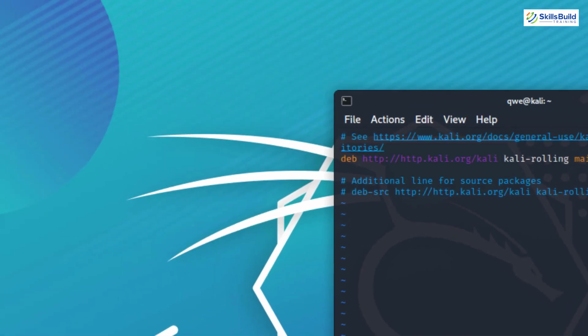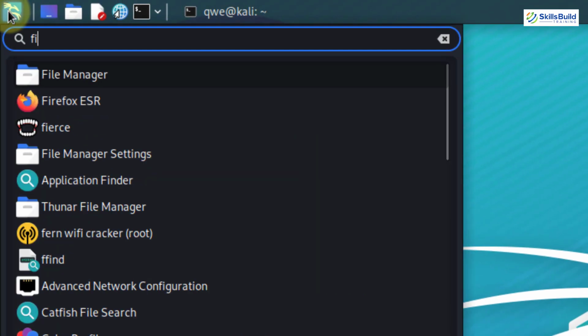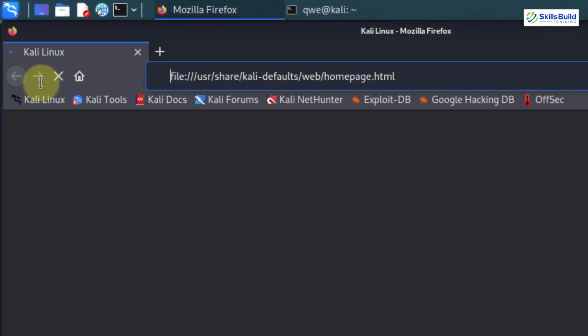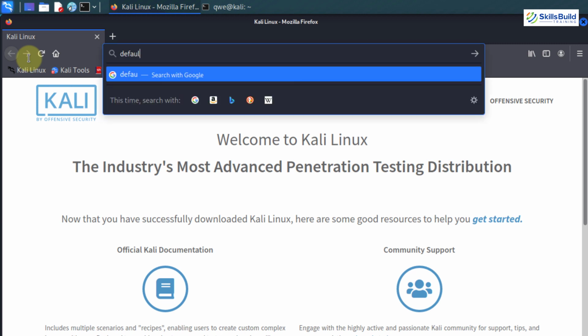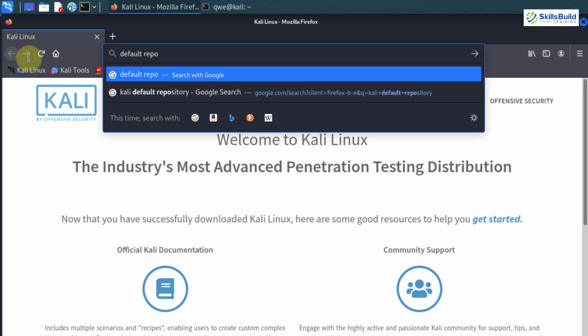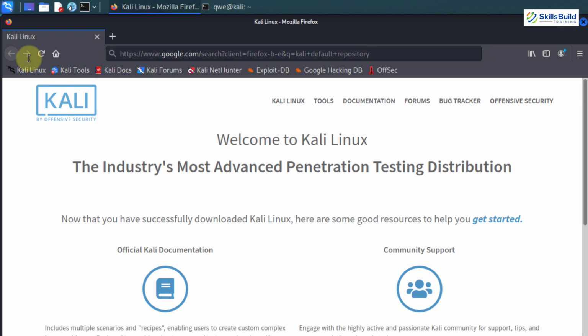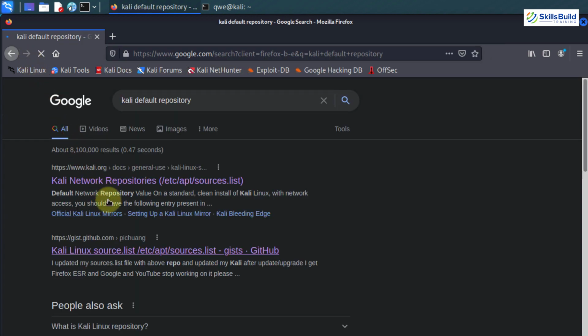After that, go to your browser. I will open Firefox, and in here, I will write default repository for Kali Linux. Down here I already have a search for that, so I will go with that one. And here we have the official repository from Kali Linux.